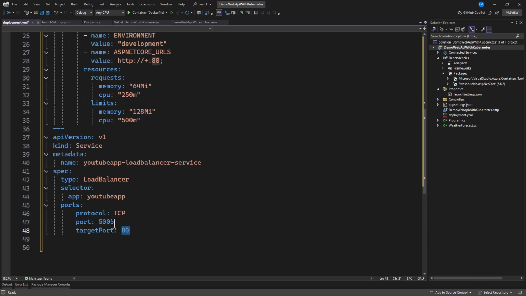So there are 2 different things here. They are not the same. This is targeting the image port, and this is targeting the external port. So this will be exposed to the external world, and that is how people will have access to this through this port. All right. So now that we have this working, trust me, this is working, all that you need to do here is apply this, and now when we apply, we can grab the service of the deployment, and we can also grab the service of this load balancer.